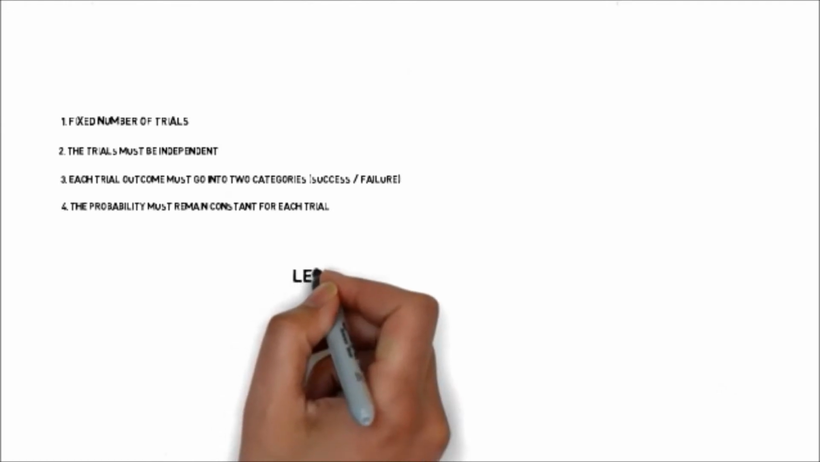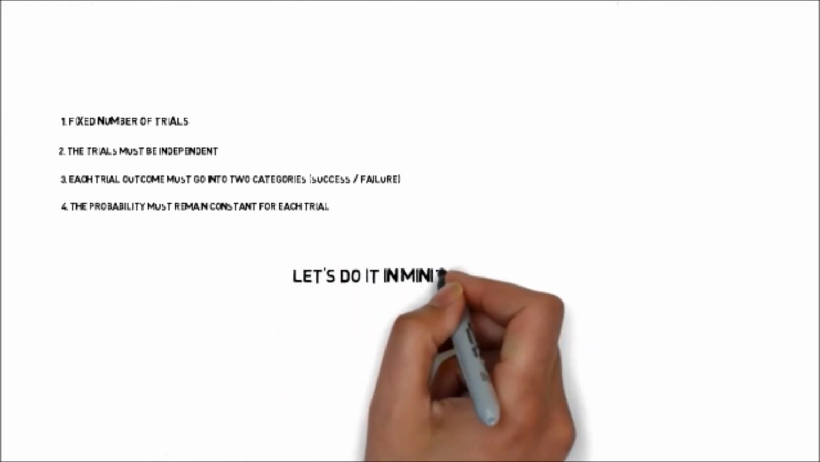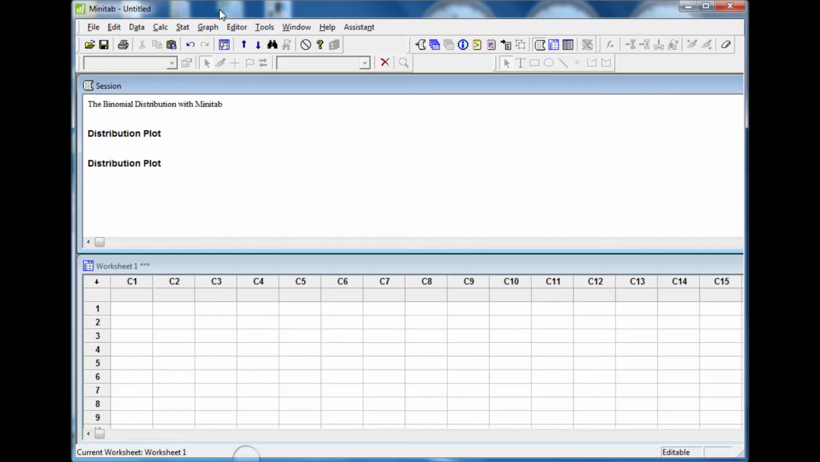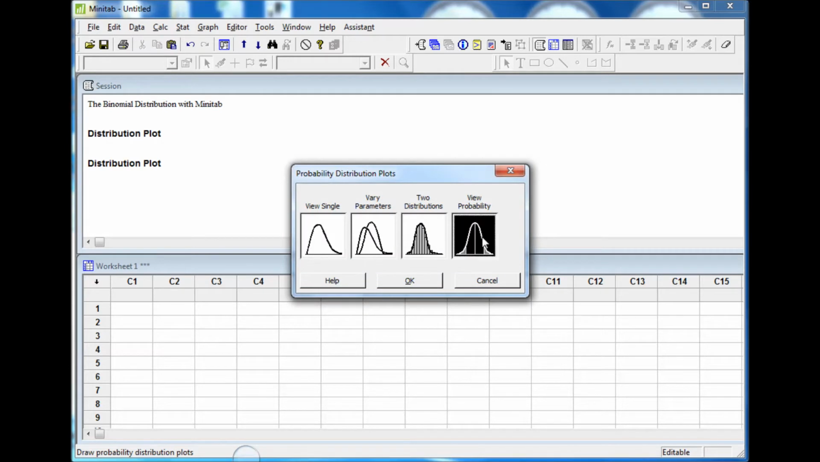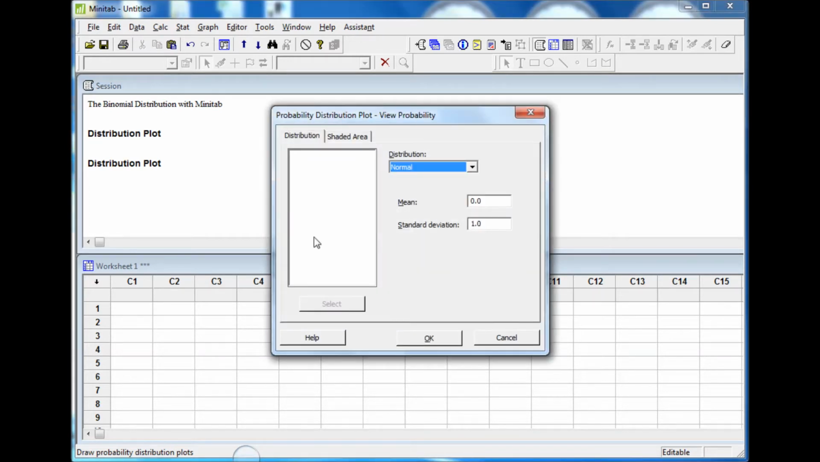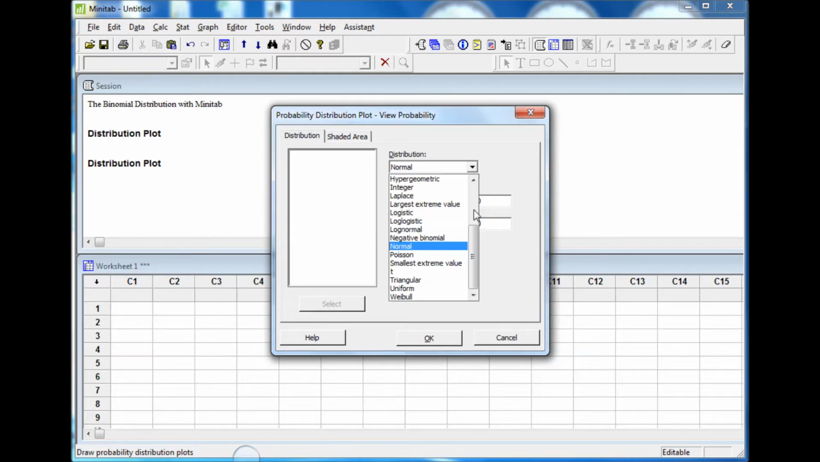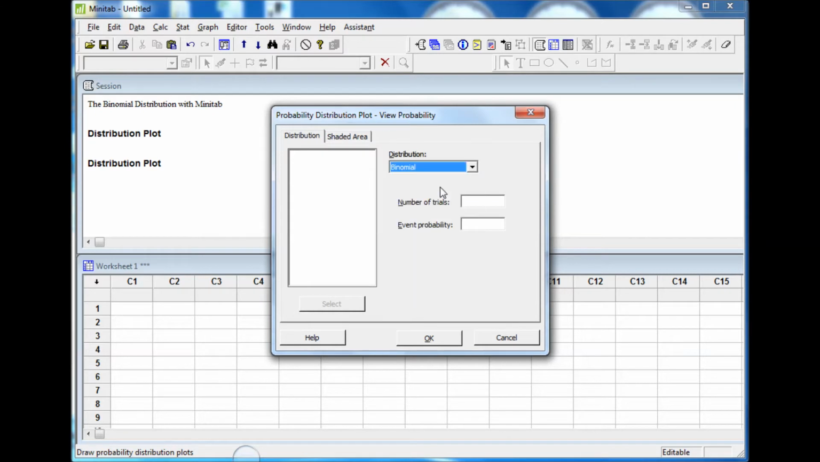Now that we know that we have met all the requirements, let's see how to do it in Minitab. You click on Graph and you select Probability Distribution Plot. Then you select View Probability. When you click OK, Minitab is suggesting the normal distribution by default. We select the binomial distribution